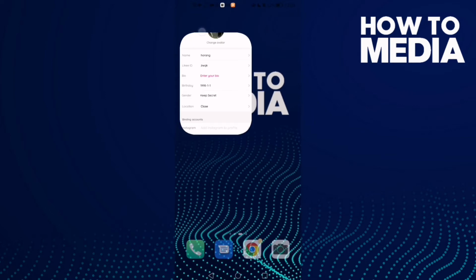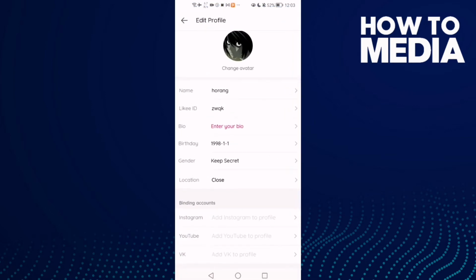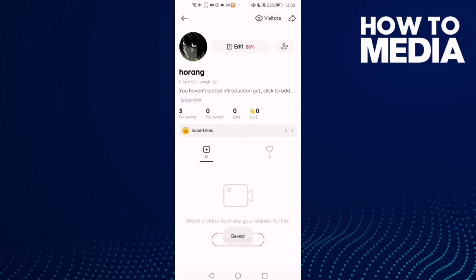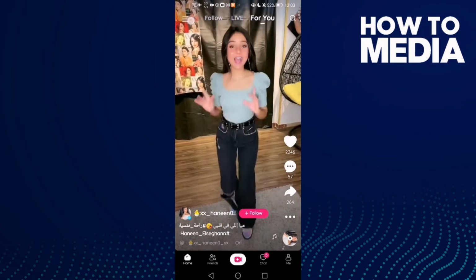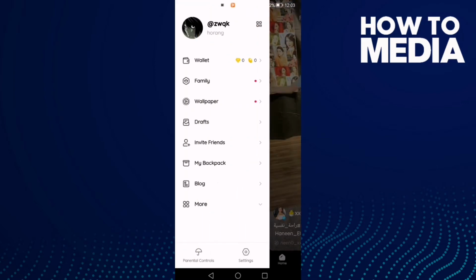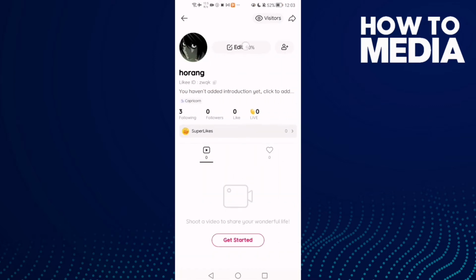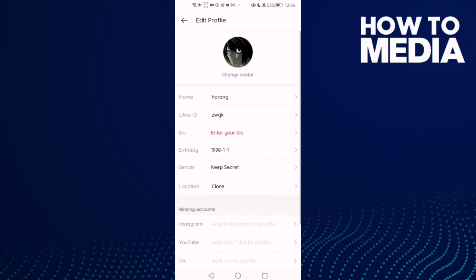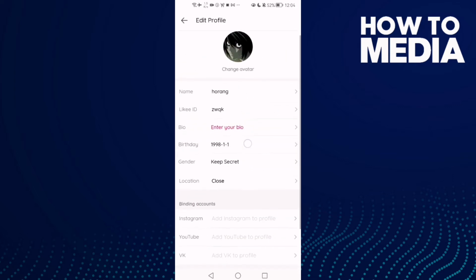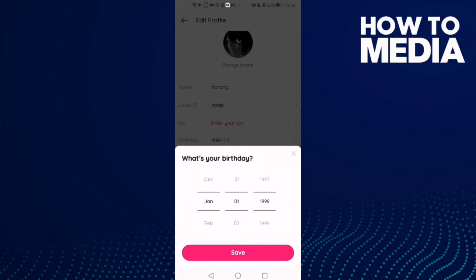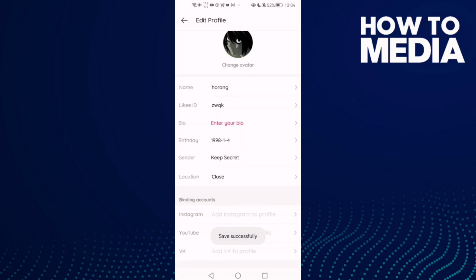First thing, go to Likee app and just go back first and then just click these three lines in top corner and then click on your profile, and here you will find edit, click on it, and then you will find your birthday, click on it, and then just change it and click save. And now just go back,